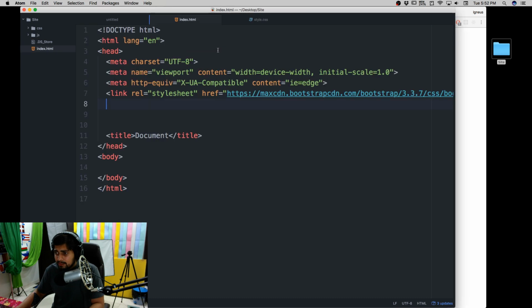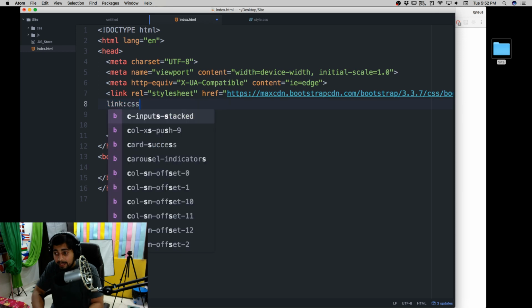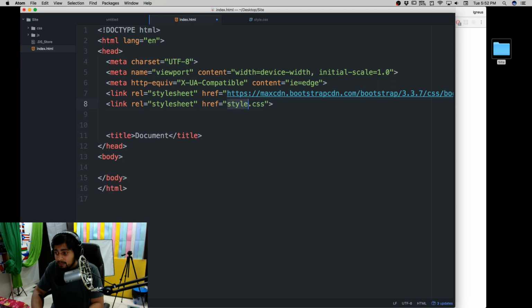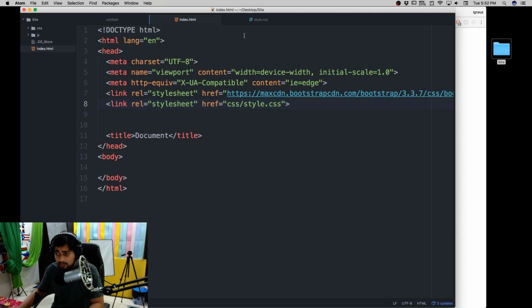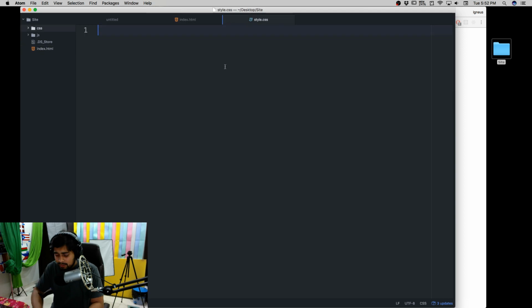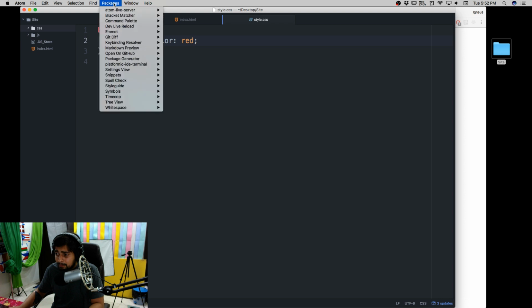And now let's do a quick test whether the CSS is being attached or not. Right now it's not, so let's do a quick link. By the way, if you are wondering why this is producing so much code, Atom and Emmet are responsible for that. So link is not correct here. CSS slash style.css is the correct link, and it's a very good time to test things out. So I'll write a simple body rule, and let's set the background color to a nasty red. I know that's not a beautiful color on the planet, but we'll work with that.